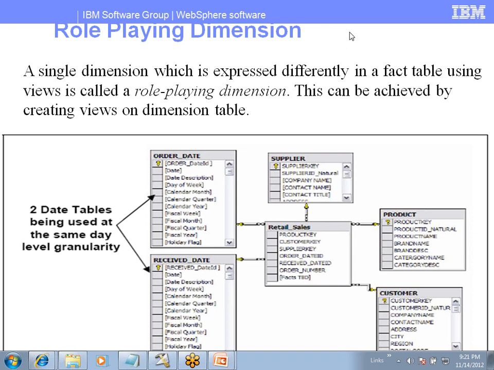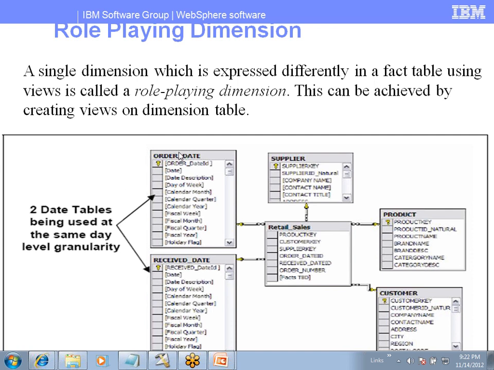What is this particular role-playing dimension table, and in what kind of projects and situations can we see these role-playing dimension tables? Here, a role-playing dimension table is one single dimension table in our warehouse whose data we represent as two dimension tables. Let me give an example for that, then we can discuss the definition. We have one dimension table in our warehouse.